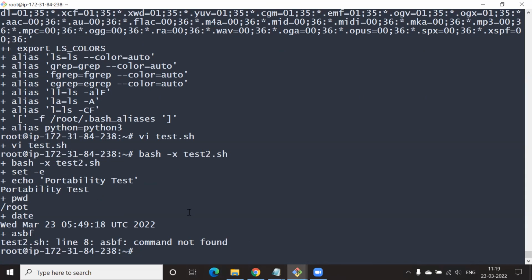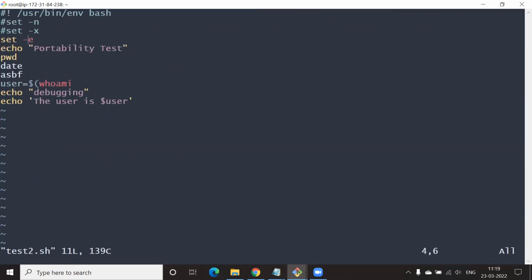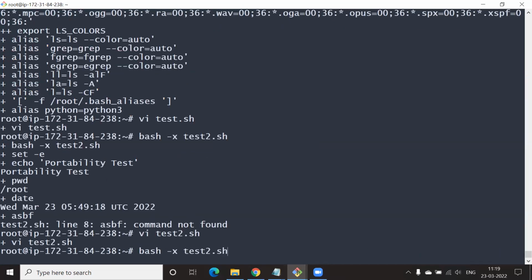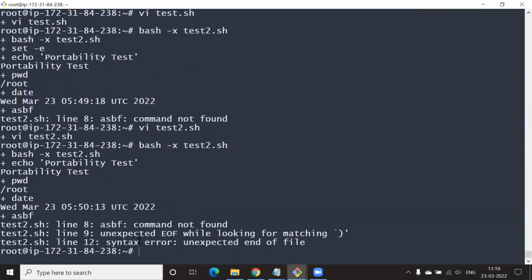Actually, what you should do is go back to the file, comment this set -e, and then run bash -x again. Yeah, it is doing the same.